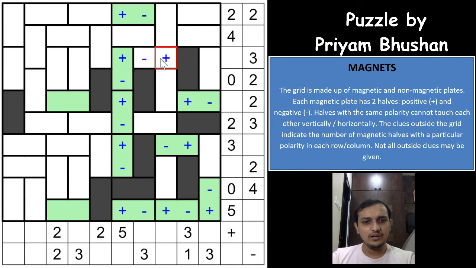Superb, right? Which means both of these will be called as magnetic one. And if you see, both of these cells are surrounded by negative signs, which means this cannot be a magnet, right? Because where will you place a negative sign then if this is a magnet? So both of these cannot be negative signs, and both of these will have to be magnet.